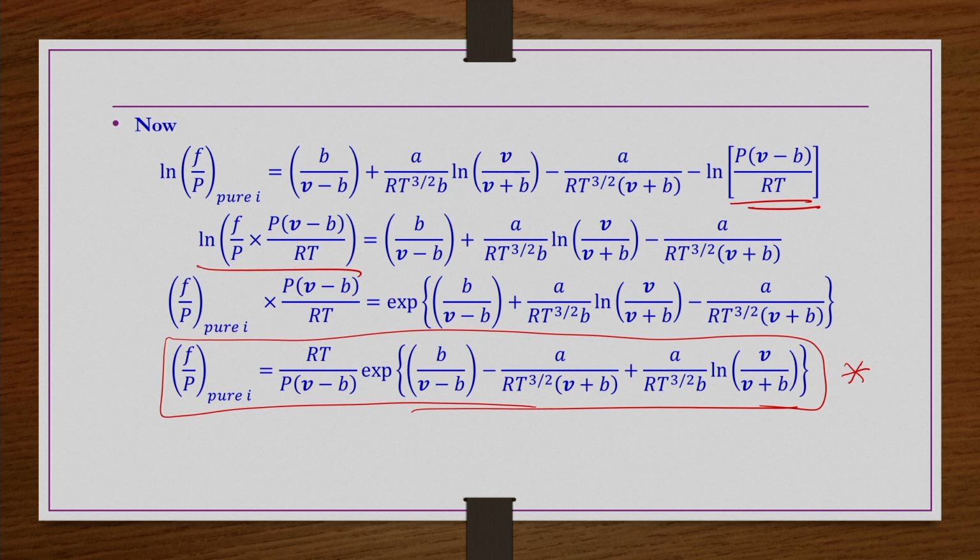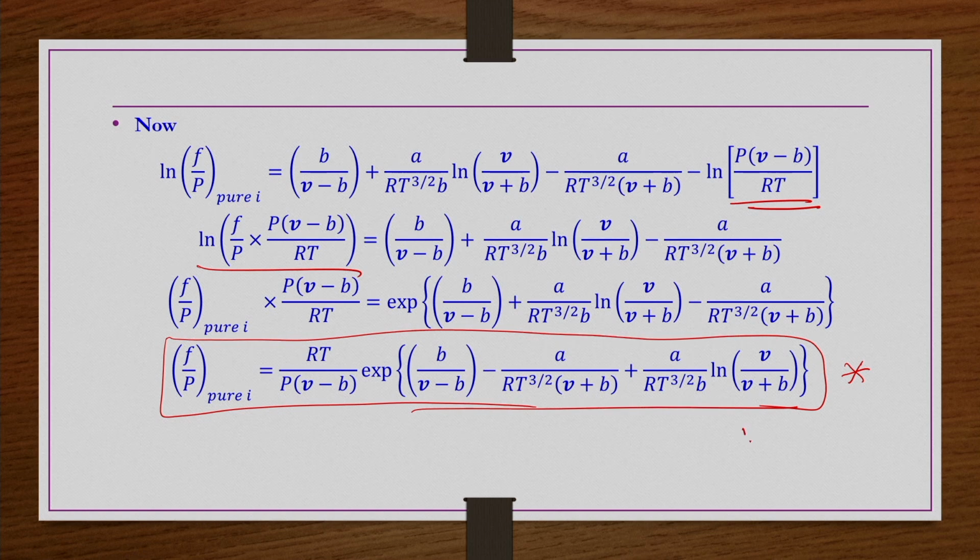So, now we have taken two examples. One is where we take a mixture whose equation of state is described by the Van der Waals equation. That equation we have written in a pressure explicit form, and then we found the phi i expression for that component i in the mixture. Then we have taken a pure component, but the equation of state is the Redlich-Kwong equation, given in a pressure explicit form. For that case, the fugacity of pure component i, that is f pure i, is this one. This is what we have derived.